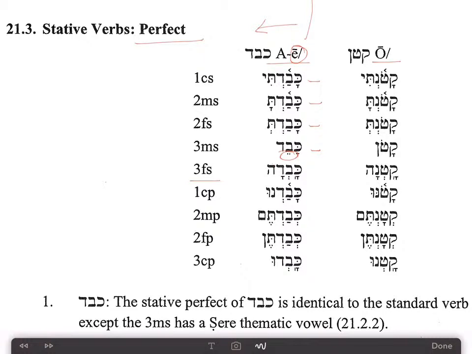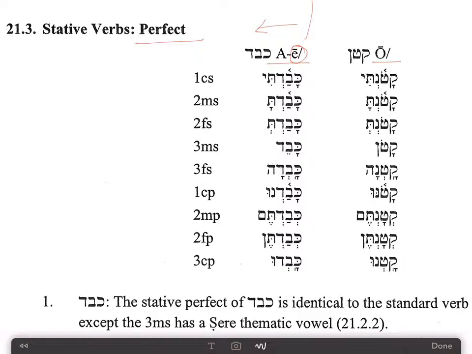That would have been kaveda, but because of the 3FS vocalic ending, we get reduction. Same thing here in the 3CP. We get the reduction. That would have been a lowercase e theme vowel with the R2. Okay, so we just keep right on trucking down through here, and we get, let me erase some of this,